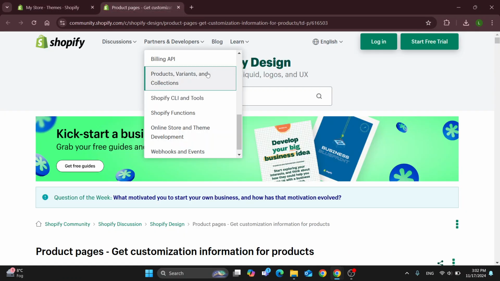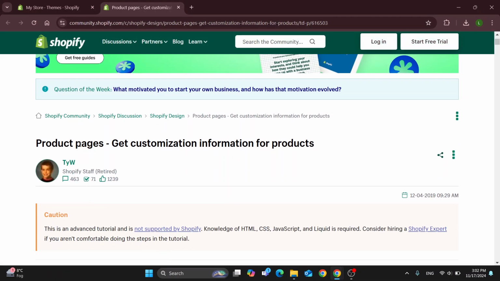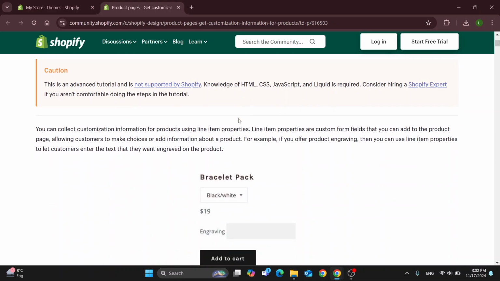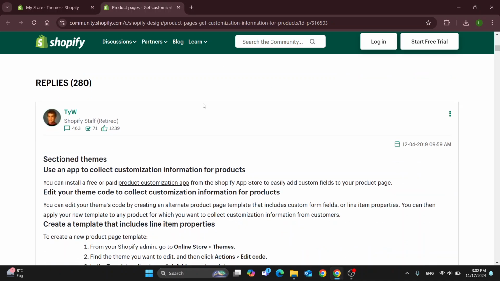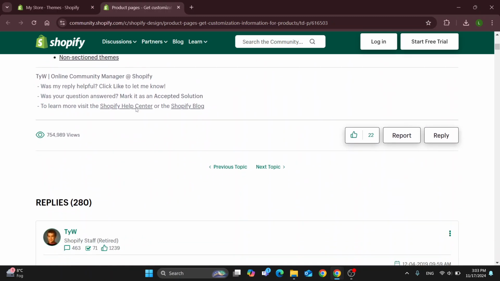And guys, here is a page on community.shopify.com, the official community website where somebody told us how to edit our product page and get customization information for products and add text to it. So basically guys, as you can see, this is going to be the whole tutorial that you need, that you can find using Google. So just search for this thread right here and open it up,